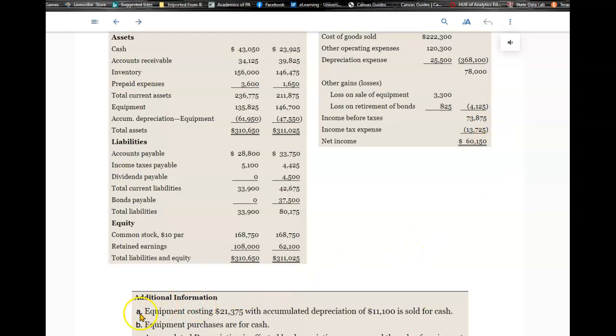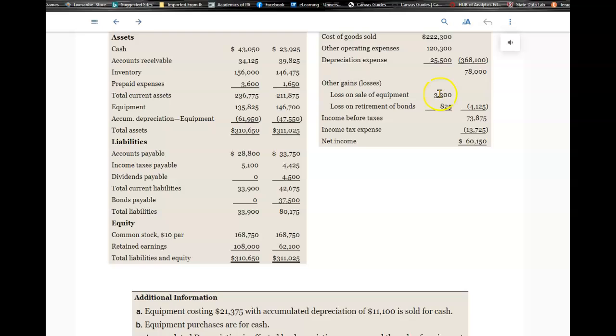We started here with the equipment cost. This is what we originally recorded the piece of equipment in our accounting records at, $21,375. At the date that it was sold, it had an accumulated depreciation amount of $11,100. So we net those two figures to come up with the book value of $10,275. Then we look and we see that they reported a loss on the sale of